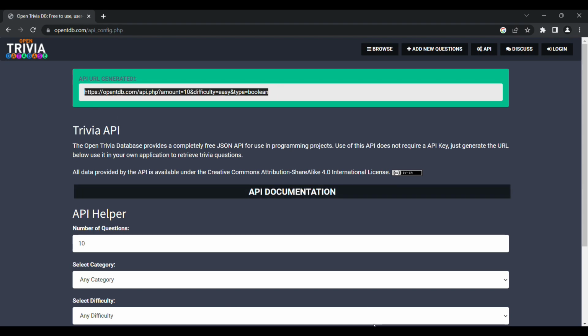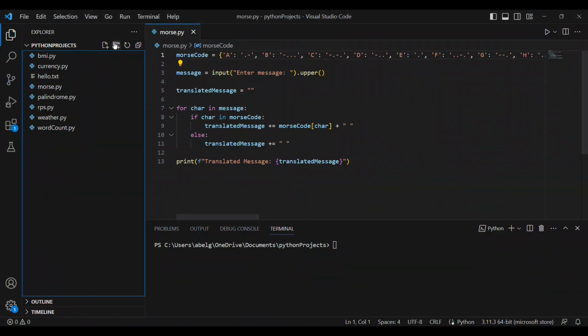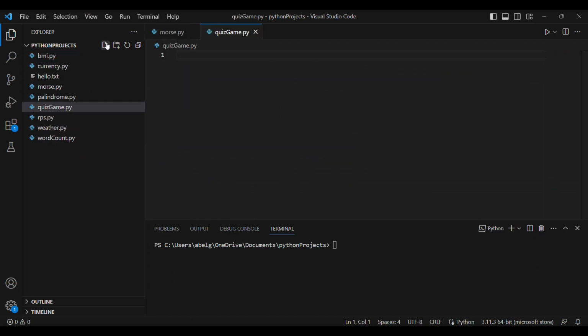Then back in our editor, we're going to create a new file. We're going to call it quizgame.py. And what is our plan here? So first we're going to be importing requests so we can use our API. Then we're going to get the length of the result. Then using that length, we're going to have a for loop that's going to run 10 times in our case, because we're going to have 10 questions.